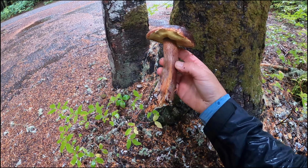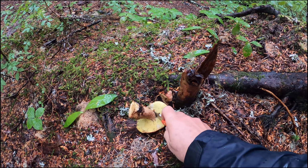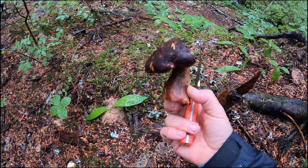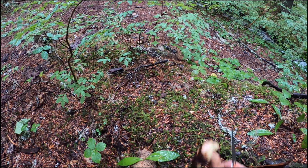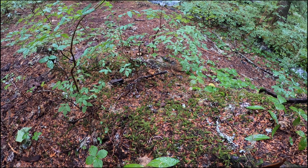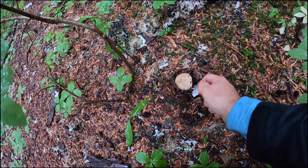Well, check this out. Here's another admirable bolete. Let's see what this guy looks like. He might be wormy. Well, just a little. Let's see what it looks like through the top. Oh, not bad. Let's keep him. Something else right there too. See that one right there? That's something else. Probably a Rusula. We'll check it out. I don't know if this is a conch or...